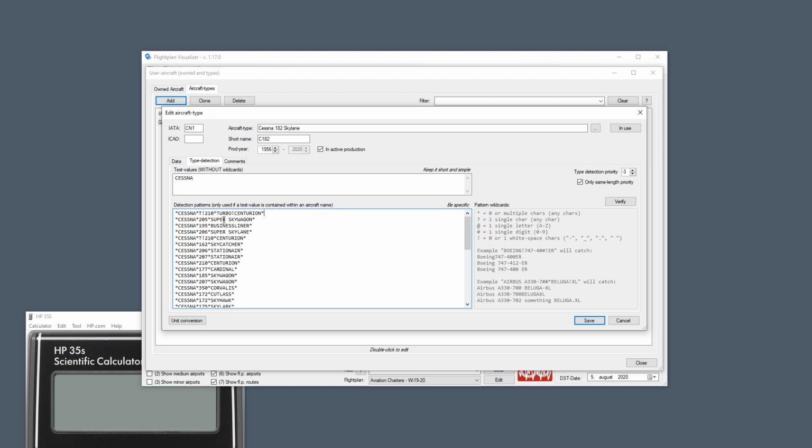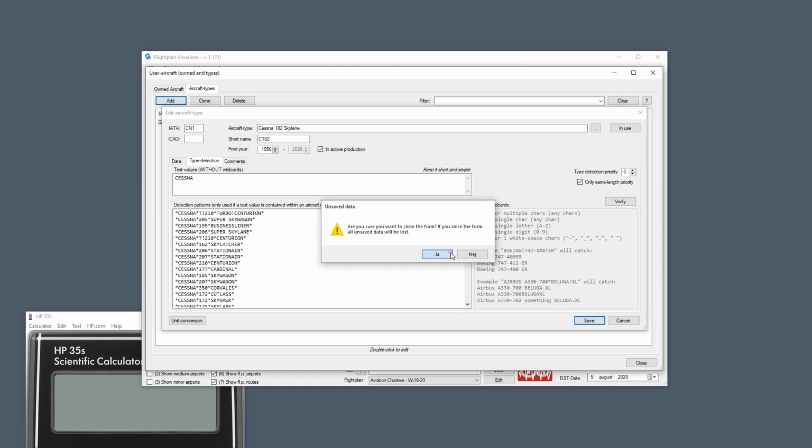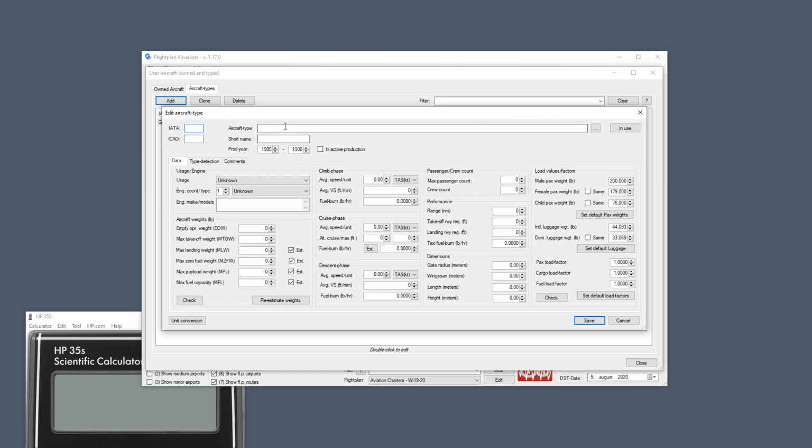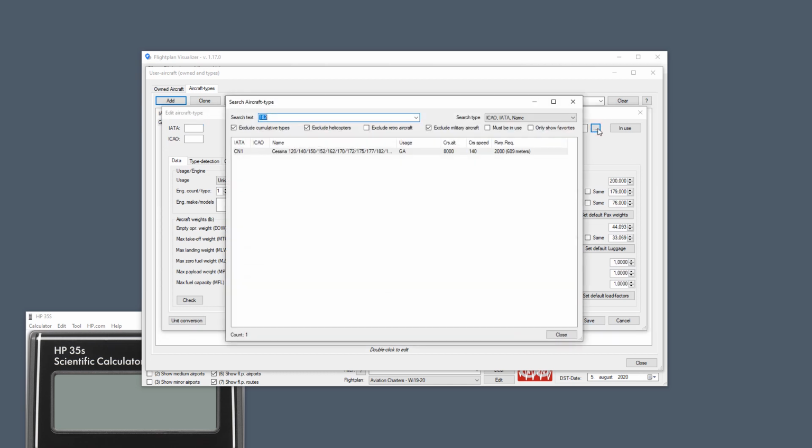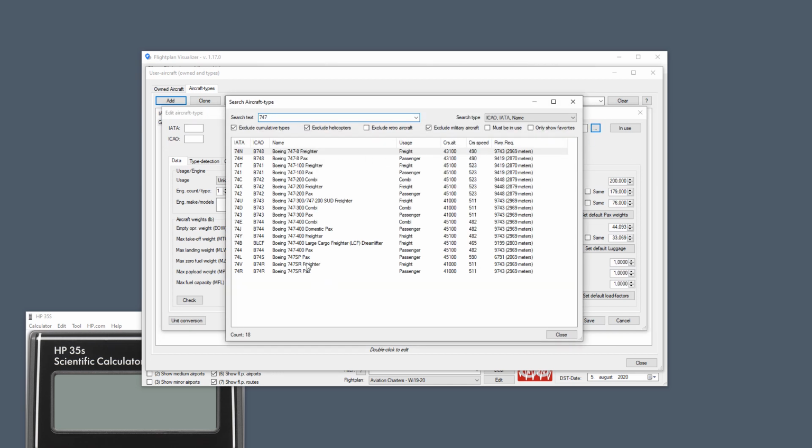And these are always listed by the longest name first to the shortest name. That's because when it looks at the name of the aircraft from the import file, it will choose the match with the longest line. And the reason for that is best seen if we look at a freight aircraft. So if I choose to see the 747 freighter,